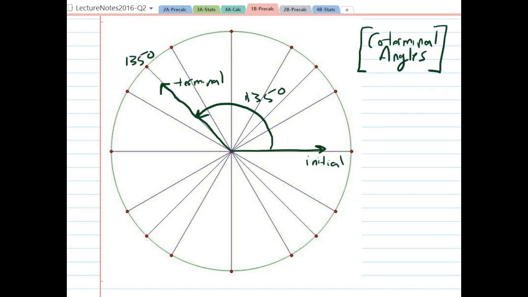Now let's suppose that what I want to do is a rotation of minus 225 degrees. So I will start with my initial side here. I will rotate 90. I'll come over here, 180. Another 45 takes me to 225. Now, since it's negative, I'm rotating in the negative direction. And so when I do the minus 225 rotation, I end up on the same line as my positive 135